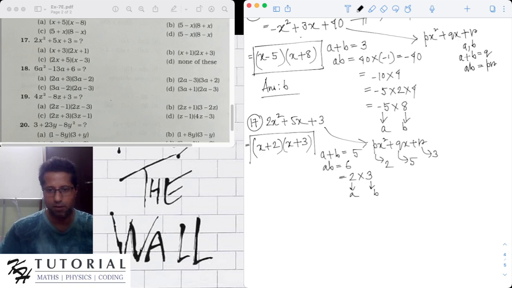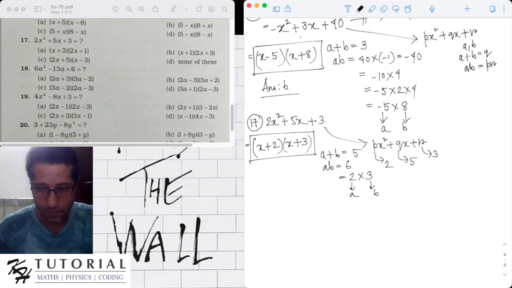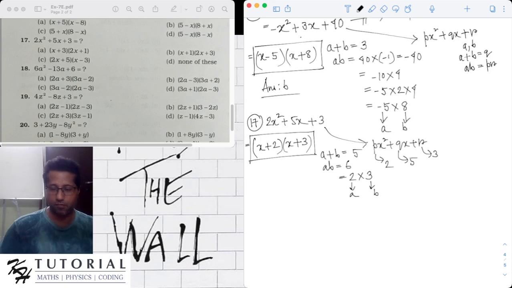So x plus 2 multiplied by x plus 3 is the factorization, and hence the correct choice will be x plus 2 and x plus 3. I think I have done something wrong. Oh, sorry. I'm very sorry. For this form of quadratic trinomial px square plus qx plus r,